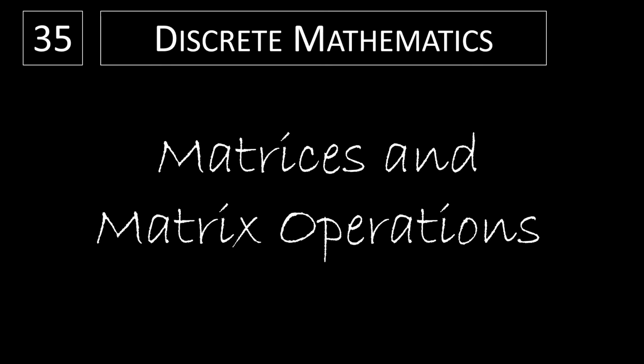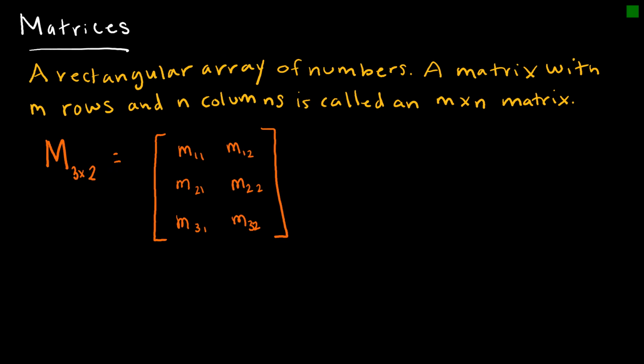In this video, we're going to take a look at matrices and matrix operations. So a matrix is a rectangular array of numbers, and remember rectangle includes squares, of numbers with m rows and n columns, and this is how we denote the size. So notice in my picture here where I don't have any real elements, I've got 3 rows and I've got